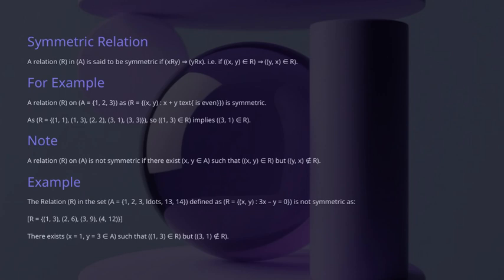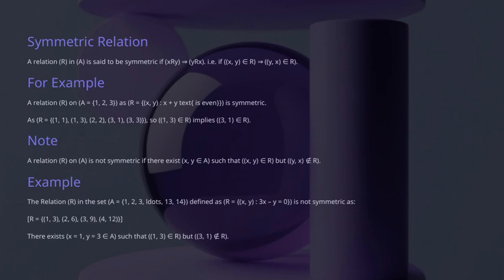We see that this relation is not symmetric. A relation on set A is considered not symmetric if we can find at least one pair x, y in A where x, y is in R, but the pair y, x is not in R. It's important to note that in some cases, like the relation R equals {(1, 1), (1, 3), (2, 2), (3, 1), (3, 3)}, if (1, 3) is in R, then (3, 1) must also be in R for the relation